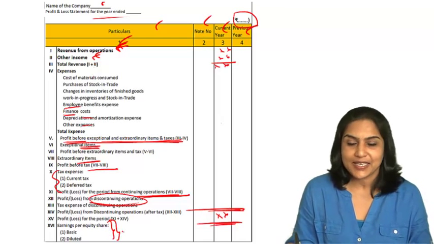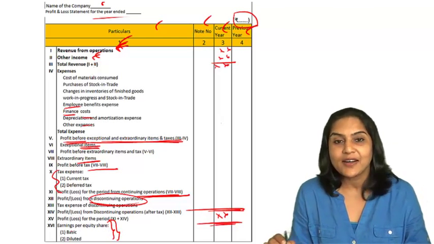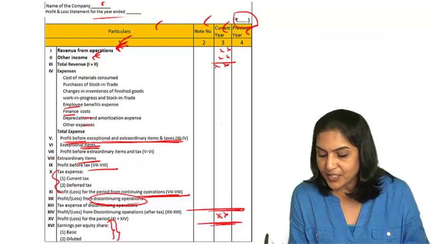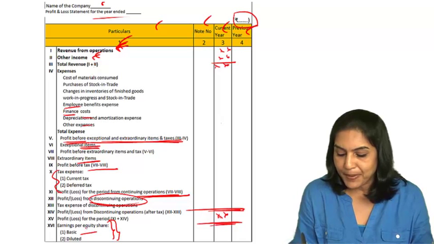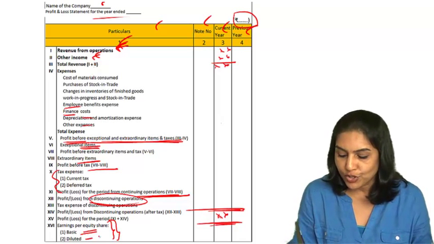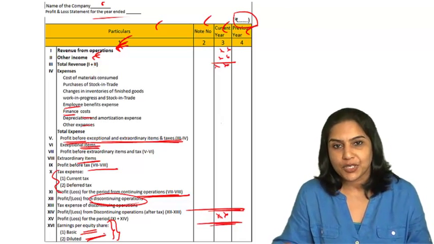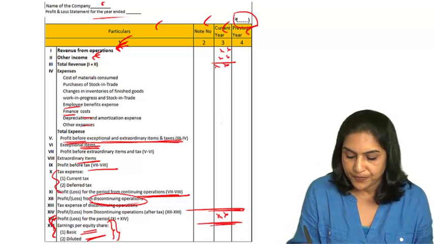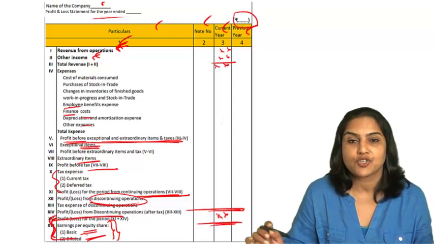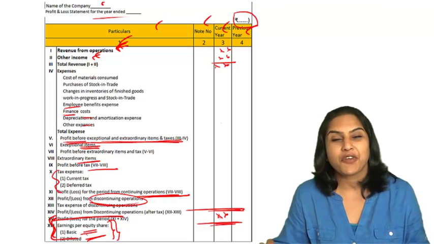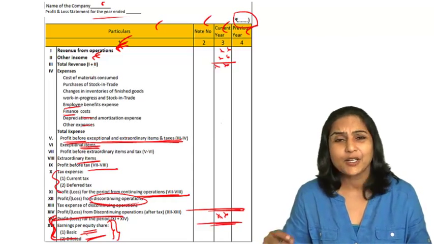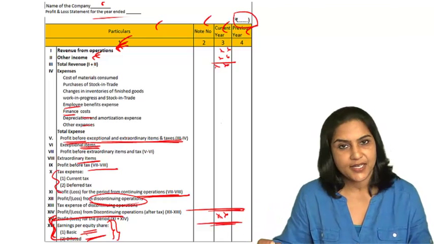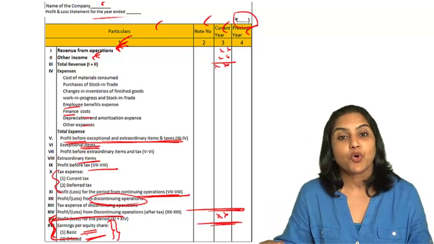This too would be discussed at a different level, where earnings per share, the earnings, the profit divided by the number of shares, gives us the basic earnings per share. There is also a concept of diluted earnings per share, which as per law now has to be shown on the face of the profit and loss account. Diluted earnings per share would be discussed at a different level, at a more advanced